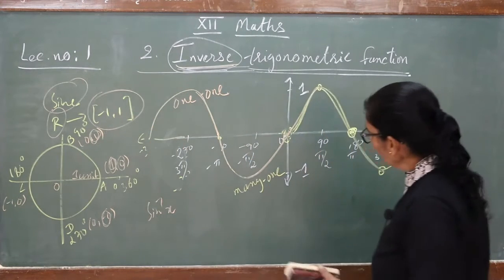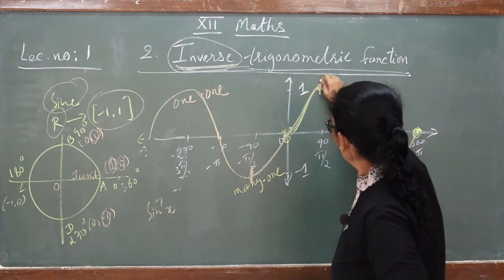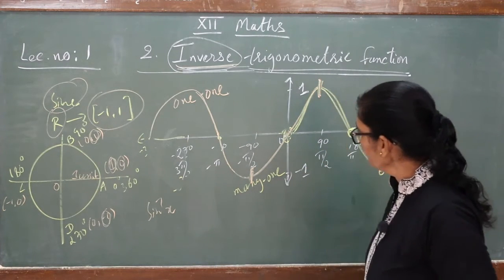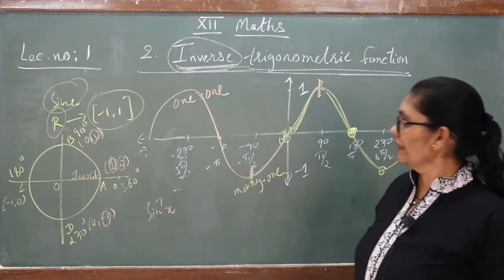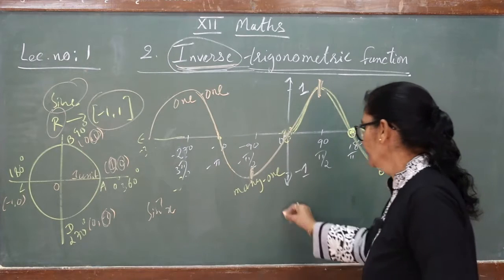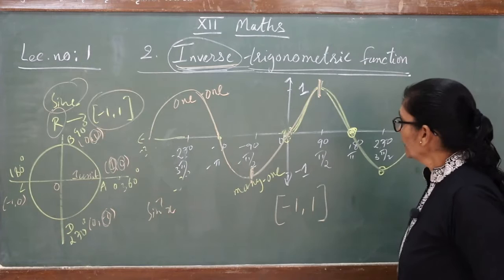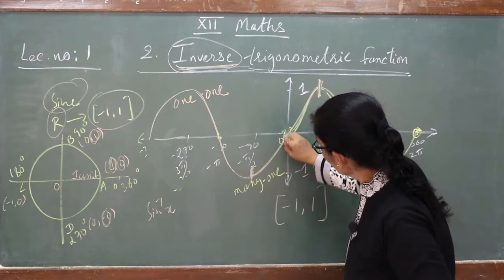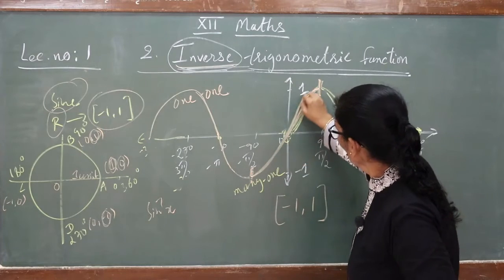This. Then what you will get? Minus pi by 2 means here, plus pi by 2 means here. So from that point you can say maximum answer is 1 and minimum answer is minus 1. So when you restrict your domain, then you can take only this much portion in which there is no repetition